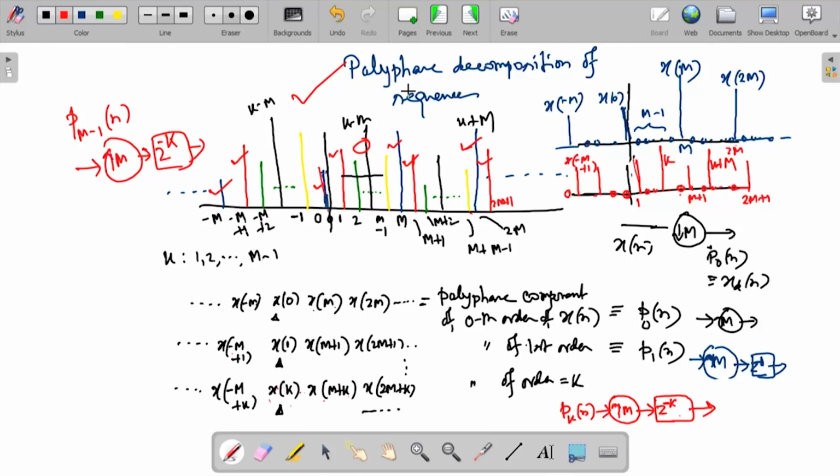Now, if that be so, this is called 0th order polyphase factor, first order polyphase factor, kth order polyphase factor and m minus 1th order. Okay. Now, what will the Z transform here be? If you expand, that is insert m minus 1 zeros, here it will be original P 0 z to the power m. This is what we have done earlier. Then there is a sequence and that is expanded, that is between every pair of samples m minus 1 zeros are brought in. Then output Z transform will be input Z transform, but Z replaced by Z to the power m. We did it last time. Here what will it be? Z inverse times